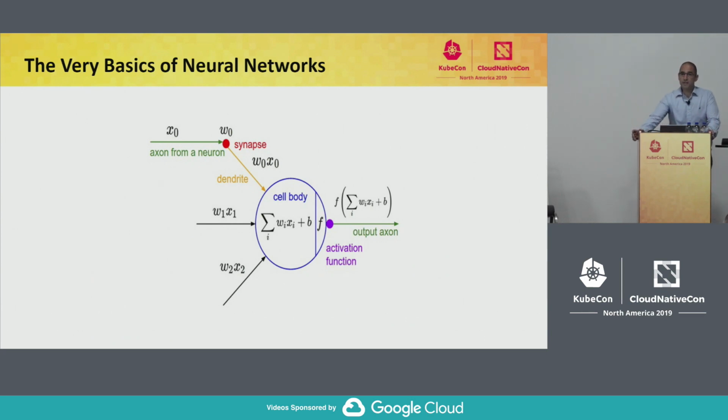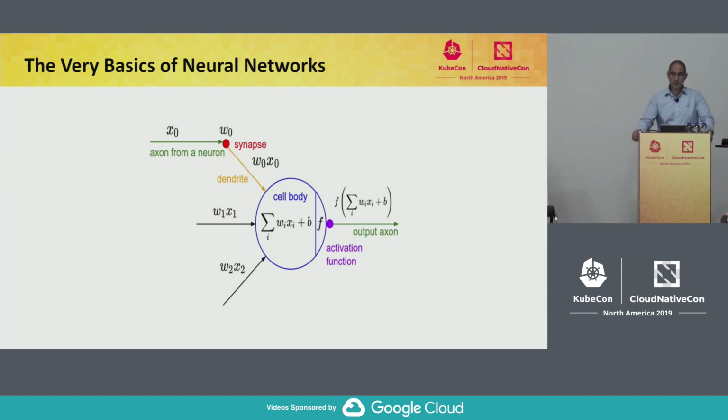This is the very basics of neural networks. We will not do a neural networks course here, but I do want you to understand the basics, so it will help us understand the challenges in running at large scale. What you see here is a single neuron which has three inputs on the left-hand side, x0, x1, and x2. With each input, we associate a weight, w0, w1, and w2. Those weights are very important. Those weights will define if this neural network will work properly or not. So we need to tune them, and we'll talk about how we do that in a minute.